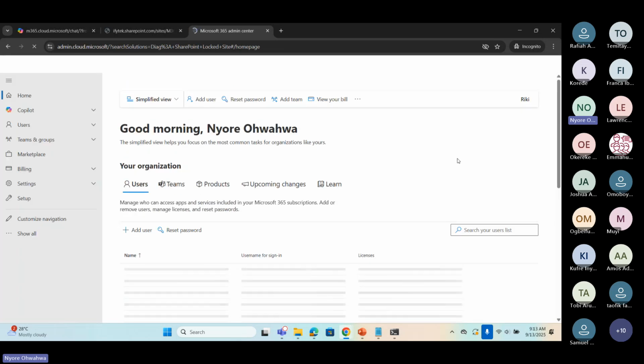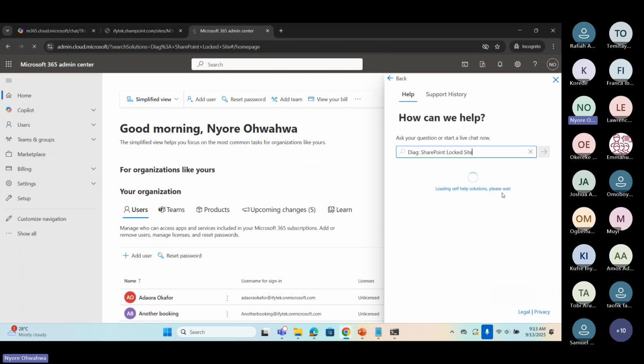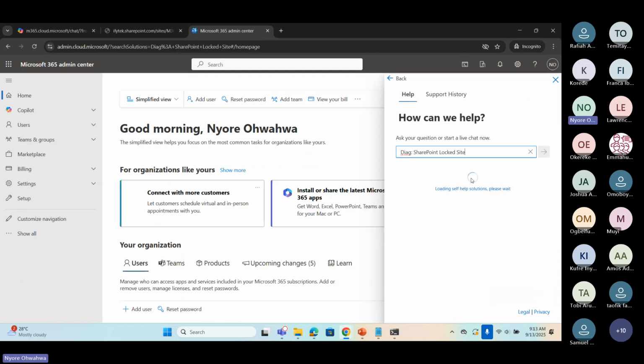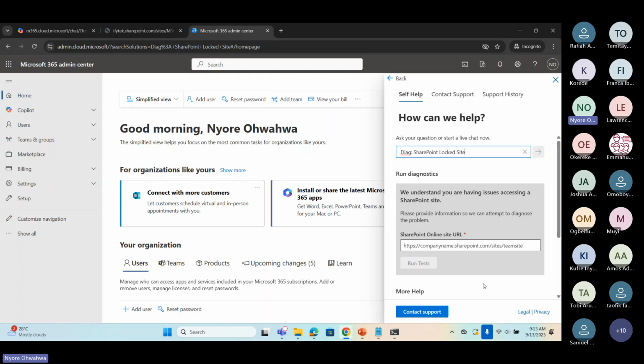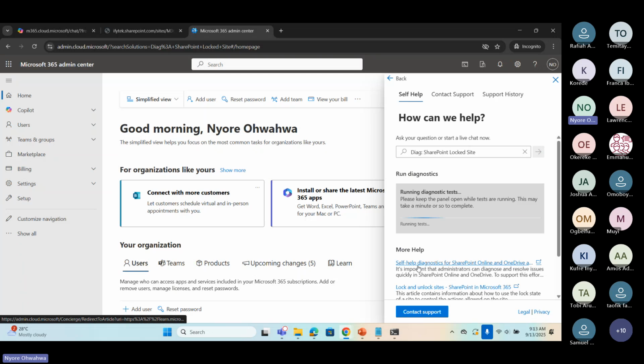At this point, it didn't tell us that the site was in read only. It just gave us a 403 error. So we're running this diagnostic again to see if it still gives us a prompt to unlock the site, or if we have to just go and use the PowerShell.